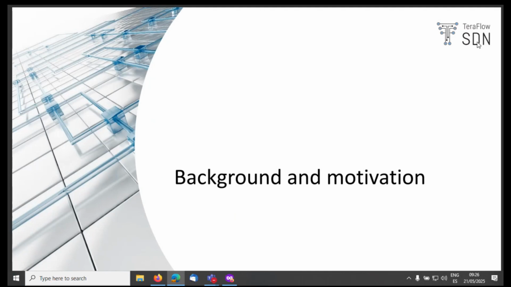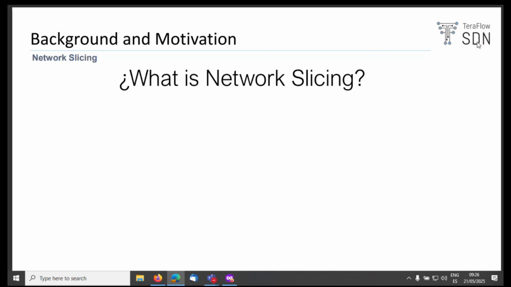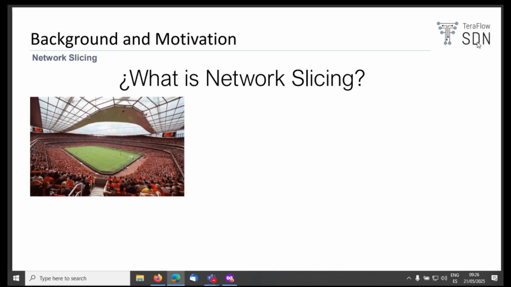Okay, so going with the background and motivation, I always like to start this presentation by providing a definition of network slicing, because I think it's important to understand this concept before going into more detail. So I always like to put some examples here, different photos. For example, here you have a football stadium that is crowded with people, and sometimes if you have gone to these kind of events, you will probably encounter problems with the mobile network being saturated of how much people